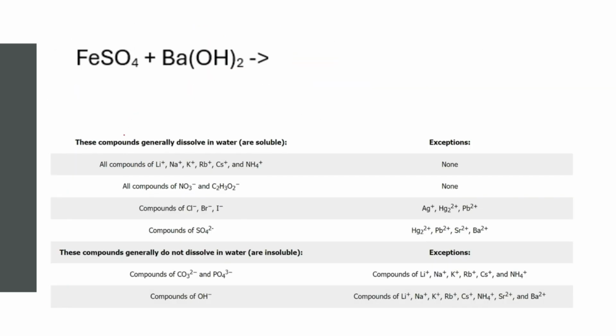Let's try another one. We have iron 2 sulfate reacting with barium hydroxide. We can do a double displacement. This is the positive ion, negative, positive, negative. These positives and negatives need to flip around so that the first positive goes with the second negative, and then the second positive goes with the second negative. We have to do a double displacement, so a double switching. So your products are going to end up being